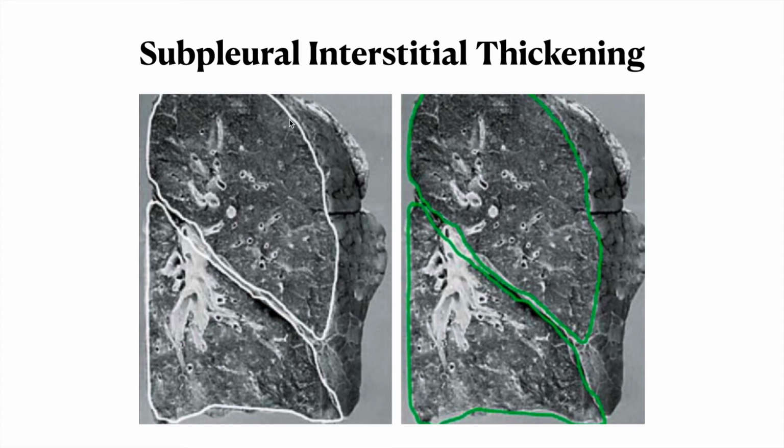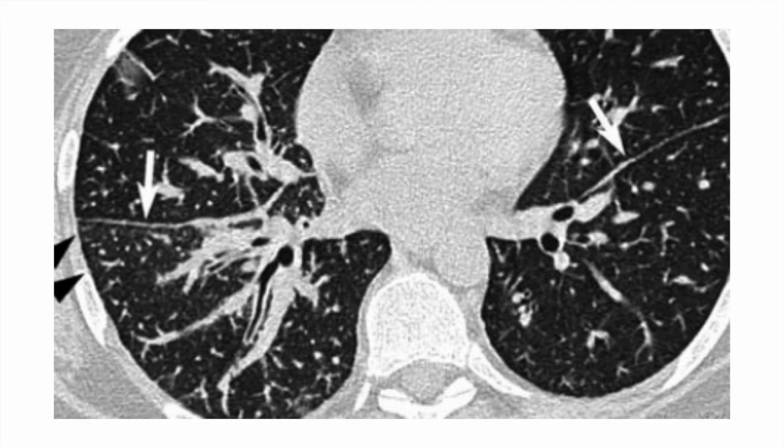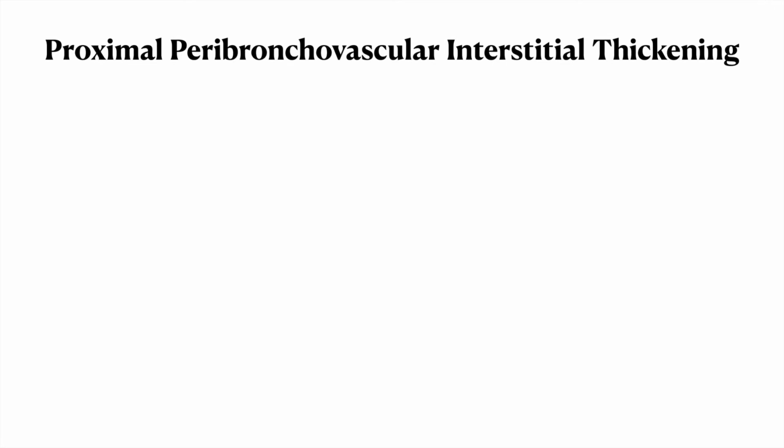Coming next to subpleural thickening. These are mostly below the pleura, and they are a result of an interstitial lung disease or a disease in or around the lymphatics. Here we see interstitial subpleural thickening seen in idiopathic pulmonary fibrosis, and here you can see there is multiple honeycombing with small cysts inside. Now this again is similar subpleural. Here you can see the lines, there is tumor spread along the lymphatics.